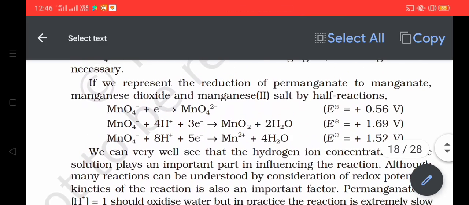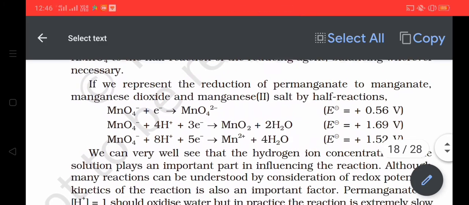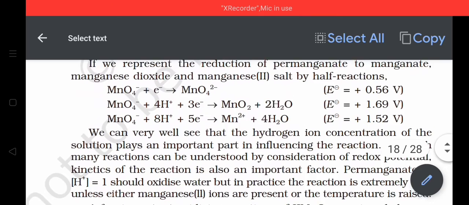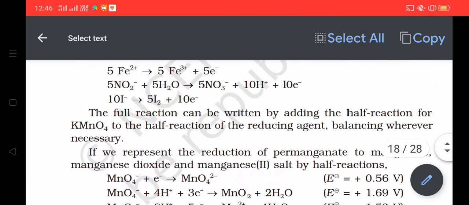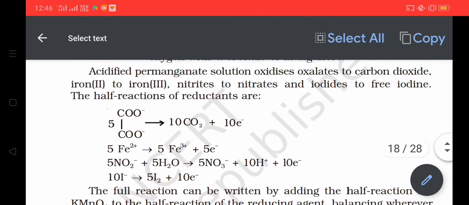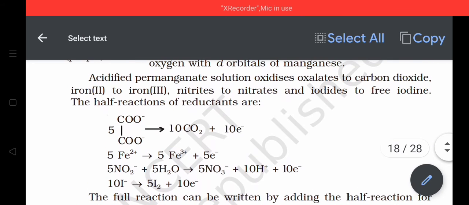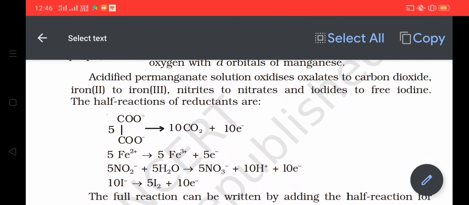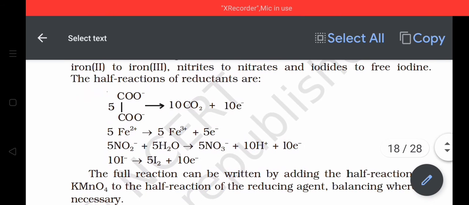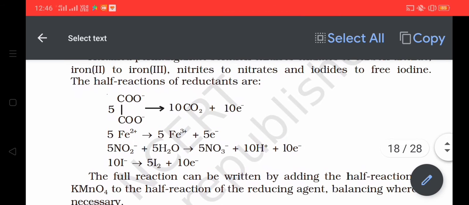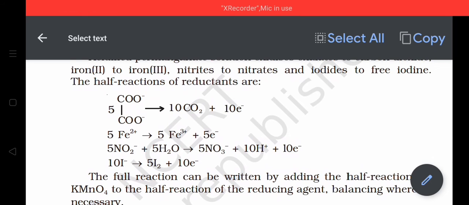It depends upon the pH of the solution. Normally the third equation is used in your book. Again, see here, when acidified permanganate solution is added to oxalate ions, which are represented as COO negative, COO negative, which can also be represented as C2O4 2 negative,